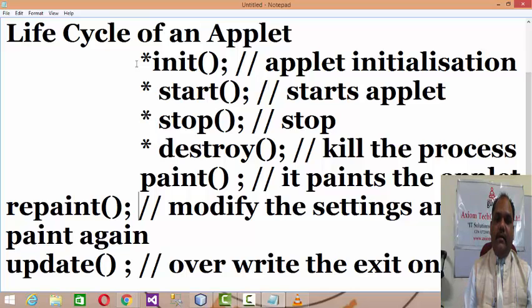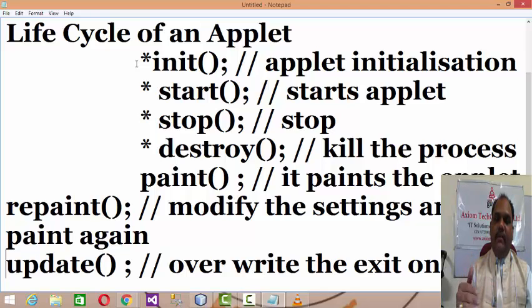And paint, as I explained in prior sessions, is where you write the entire applet logic. Repaint means if you made some updated settings and want to paint again with the modified settings, then you have repaint.